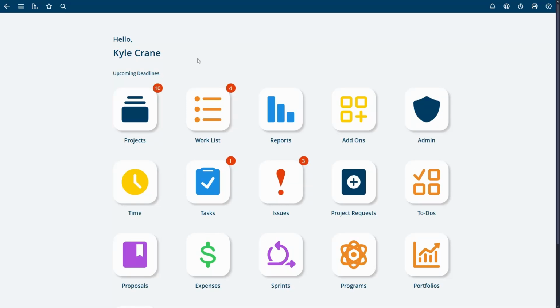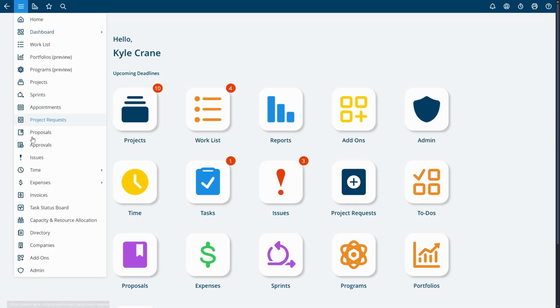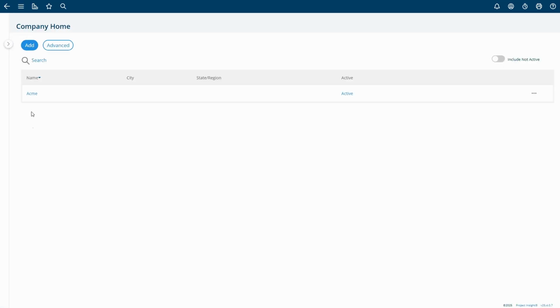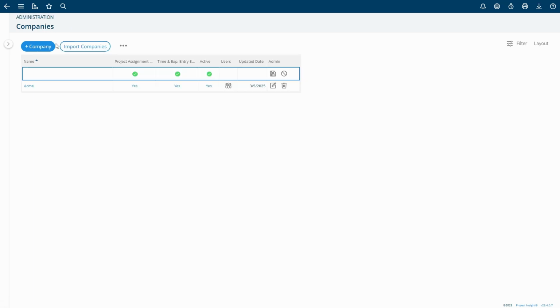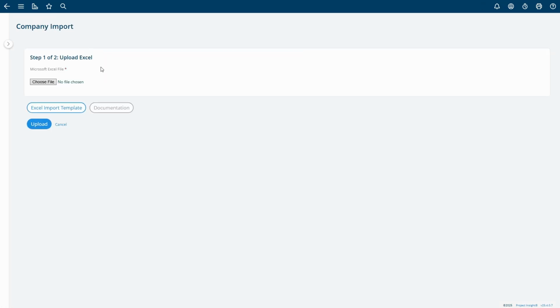To begin, from your home screen, you're going to want to navigate to your My Insight menu in the top left, navigate to Companies, you'll click Advanced, click Import Companies, and if you already have your Excel file ready, you can go ahead and choose that file